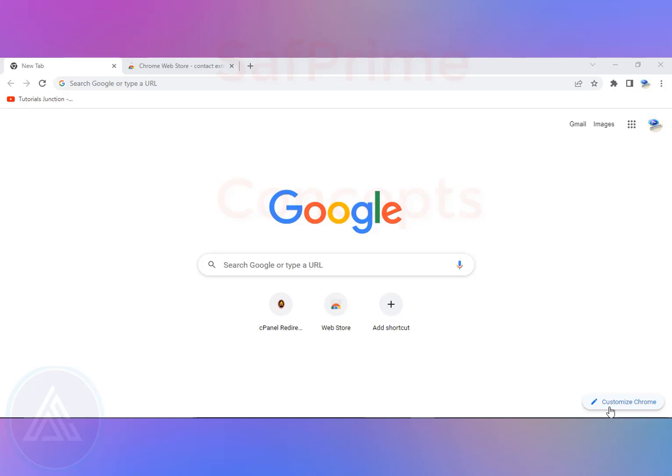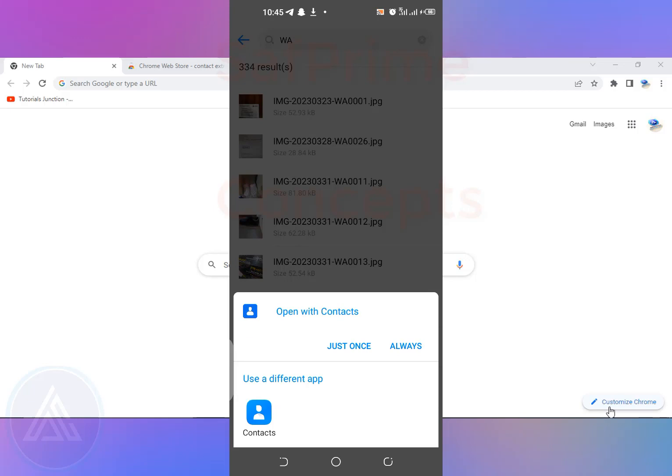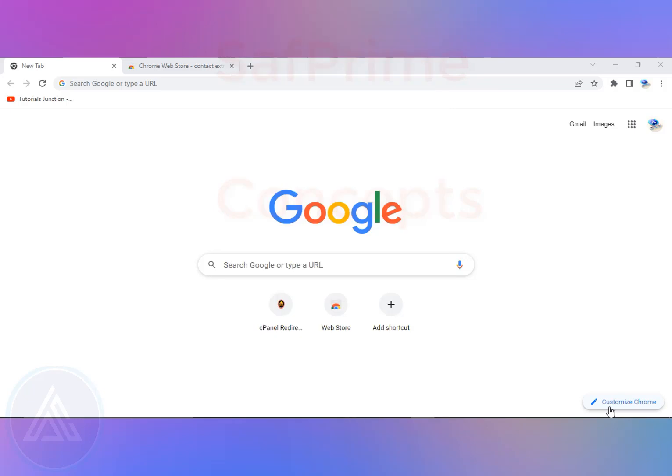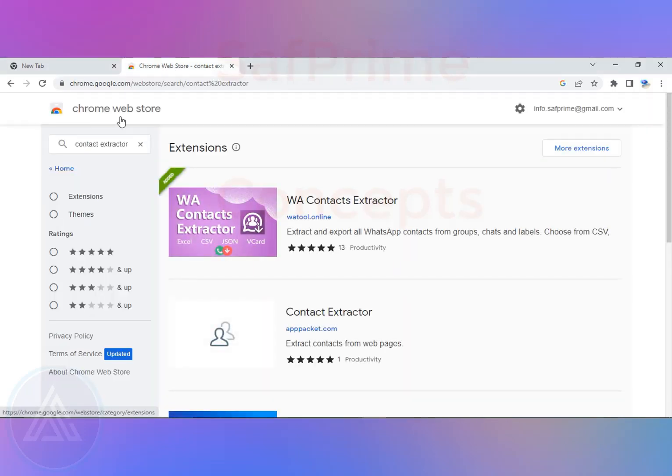You can extract thousands of contacts from any group with just the click of your hand, and it installs automatically without you doing anything. I'm going to show you 3 methods, or let's say 2, so that you understand and know how to get the contacts of any WhatsApp group. So let's start. The first thing is you launch your browser, then you go to the Chrome Store